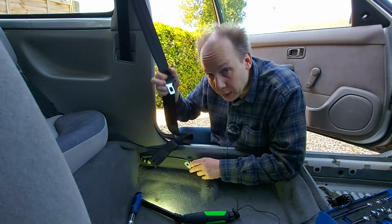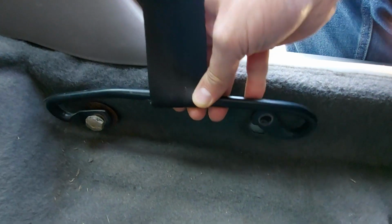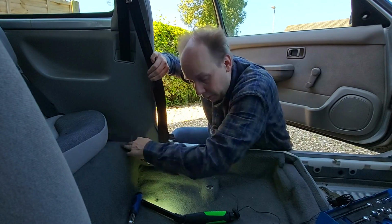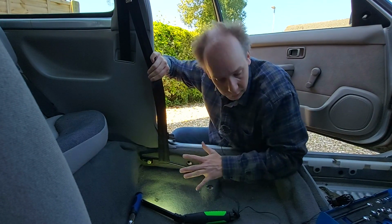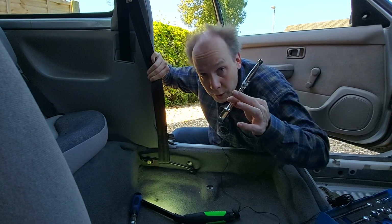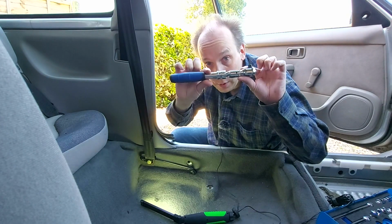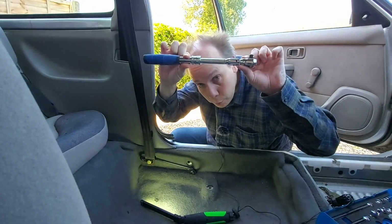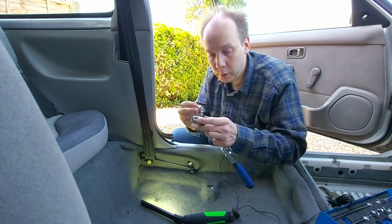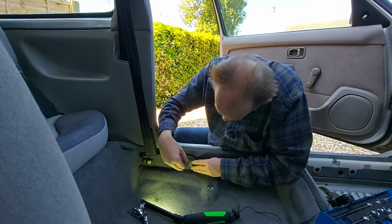While we're out here, let's get the seatbelt reconnected, because as you can see, it's detached down here on the bottom mount. Now, I've already had to push back some of the carpet around here and down here in order to do this, and what I need is a ratchet, but I'm not going to use my normal ratchet today because these are big bolts and they're rather tight, so I'm bringing out the big guns. This one here, which is extendable, gives me a bit more leverage. Now, what do I need? I need a 17mm socket. There we go. And I need a bolt in there,